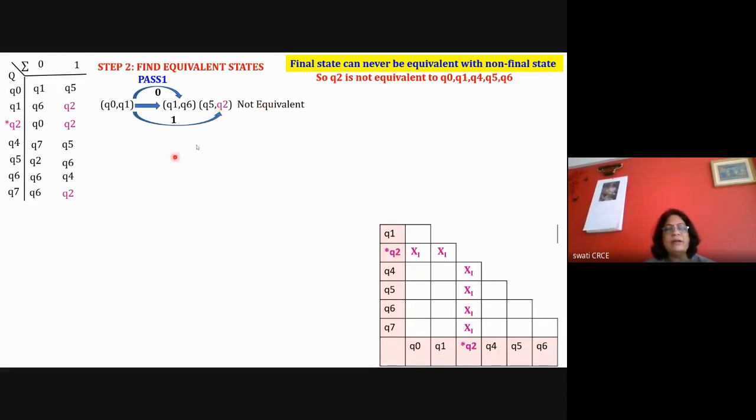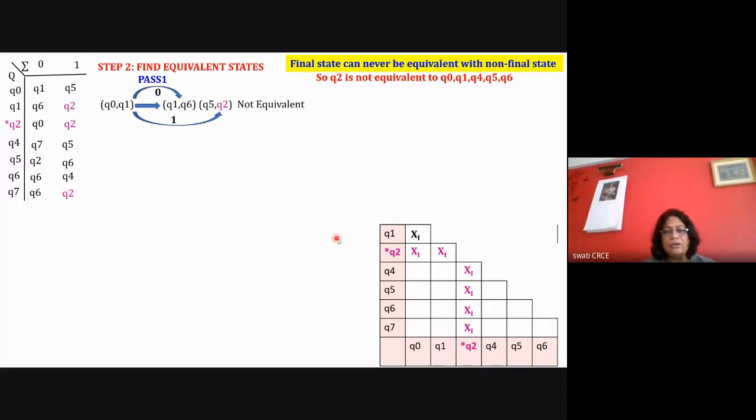Q0 and Q1 is not equivalent and that I have identified in the pass one only. Okay. Now you tell me, any doubt in this? What you have to take is that I want to find out the equivalence between Q0, Q1. So I'm writing that here. And then in pass one, I'm trying to observe the transitions for 0 and 1. And here I'm getting a pair where one state is final and one state is non-final. That's why I can say that it is a non-equivalent state. So I'll write it here. Okay, if there is any doubt, you unmute and ask me so that I'll repeat it again.